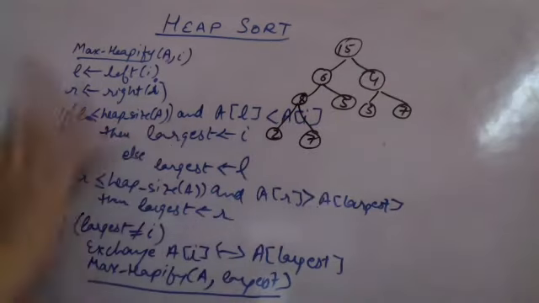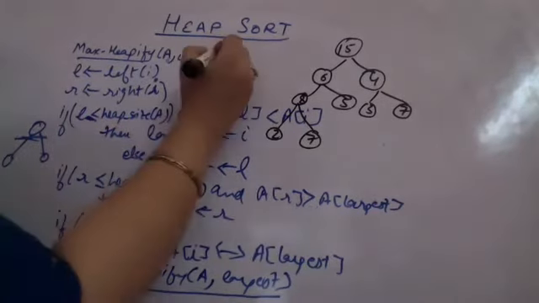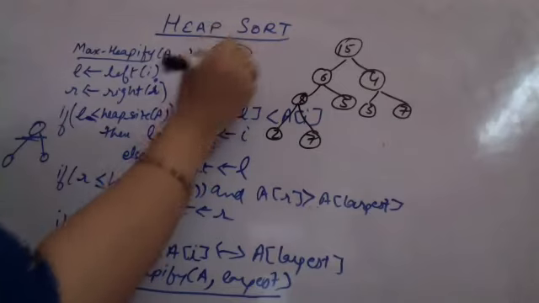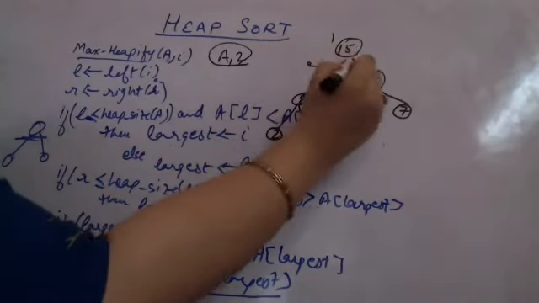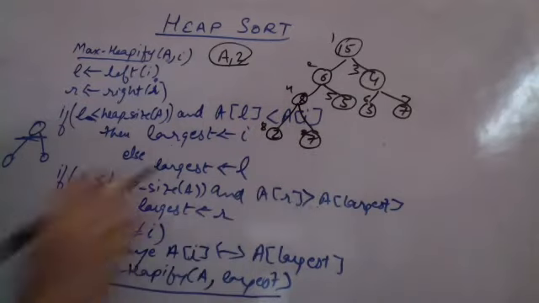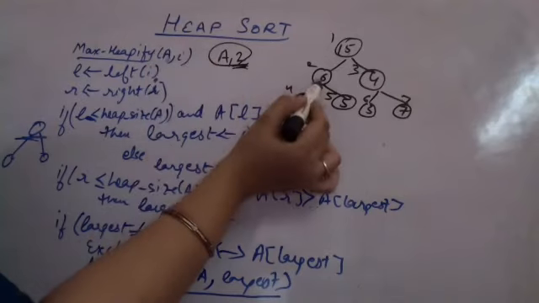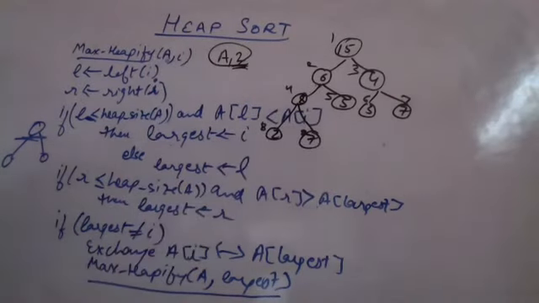Now this is a tree which is given to me, and in this we are initially calling heapify for A comma 2. So I is equal to 2. This is 1 2 3 4 5 6 7 8 9, the number of elements. So I'm calling for 2. 2 is here, I have to check from here. So let us see what will happen in this case.